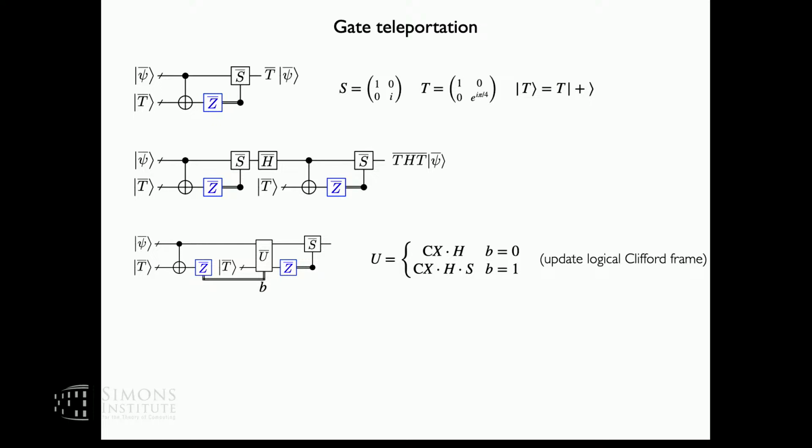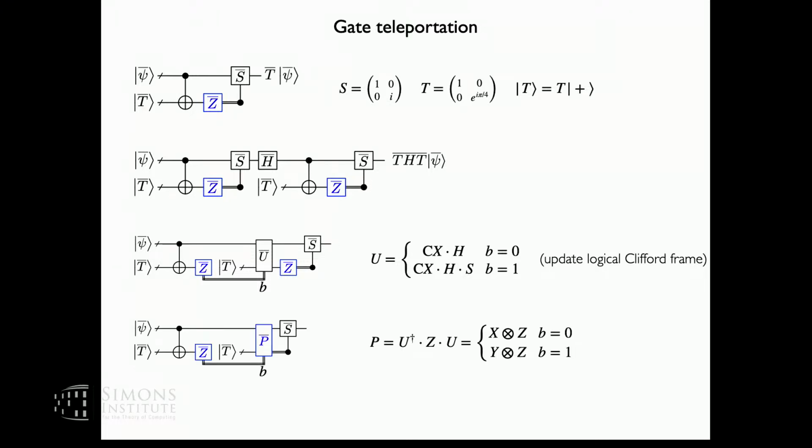What it looks like will be controlled by this B, the measurement result from this gadget. But the catch here is we cannot carry this logical Clifford frame one step further to the next measurement, because another equivalent way to think about this is that this P will be an adaptive logical Pauli measurement. Depending on the previous measurement results, you will be measuring something in two different bases. That's why you have an unavoidable logical feed-forward.